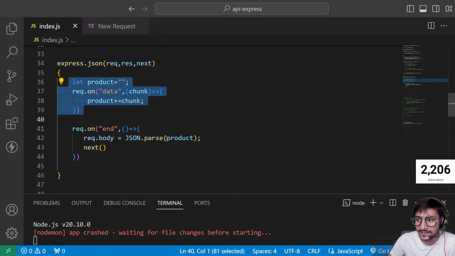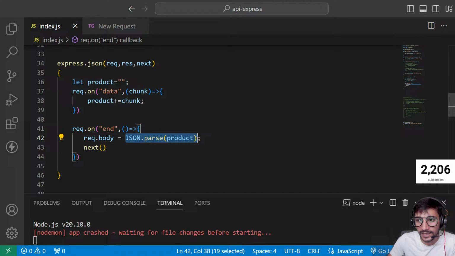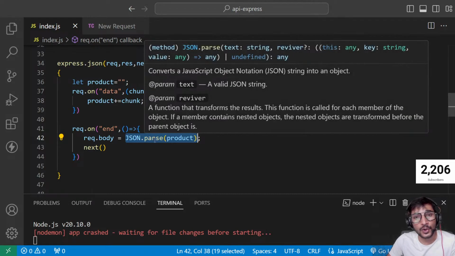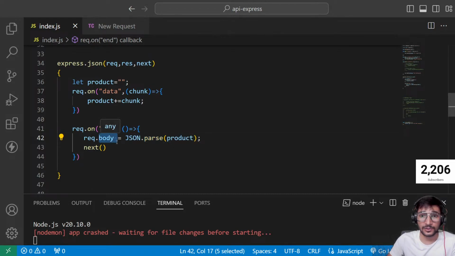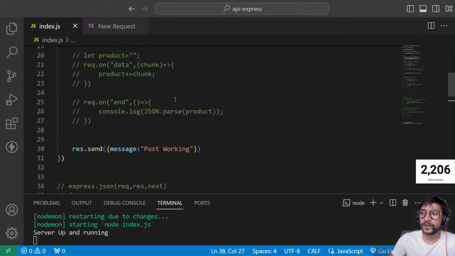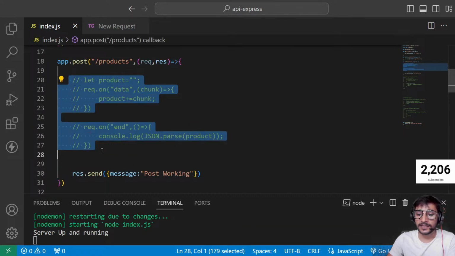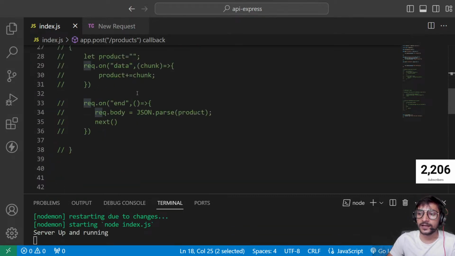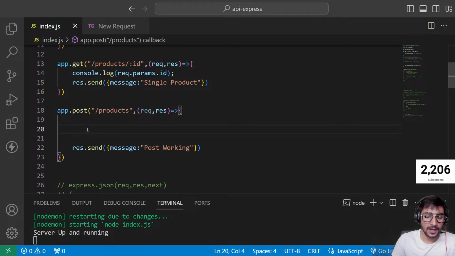Whatever I extracted is converted to a JS object and stored in a body property of the request object, and then next. Next means move forward, that means move to this endpoint. And here, in the request object, a body property was assigned in which the data is there. So now I can access my data in the same property,